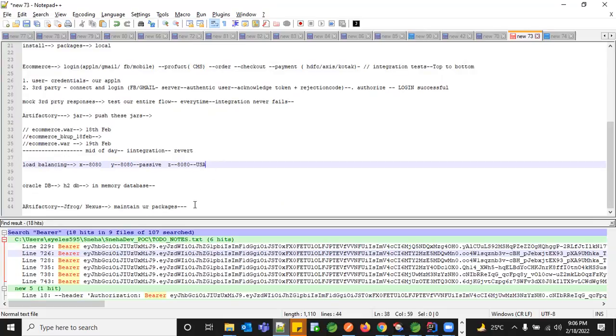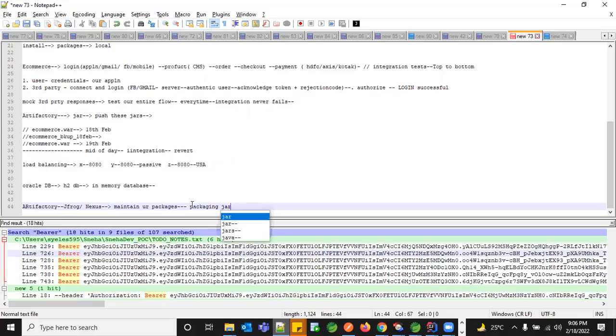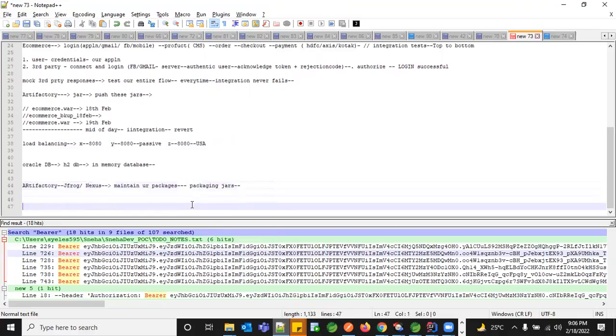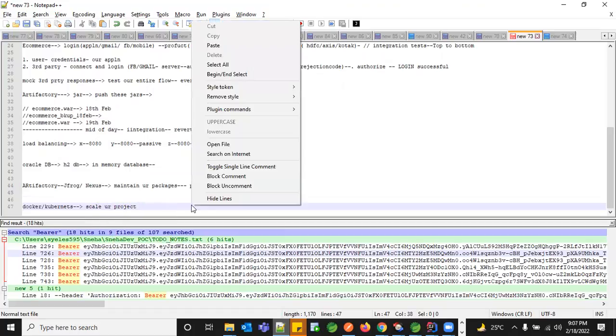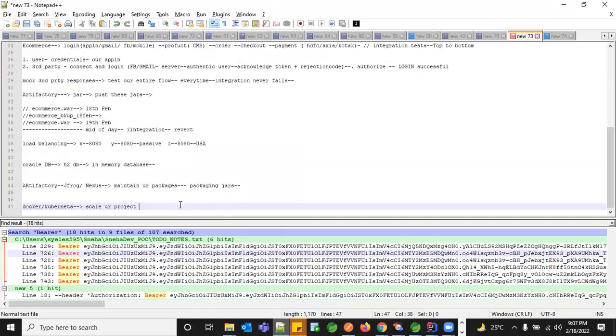So for that purpose, to do the scalability, we maintain something called Artifactory with all the packaging things, so that you might use any kind of containerization like Docker or Kubernetes or any cloud platform to scale your project into a new setup within less than a minute.